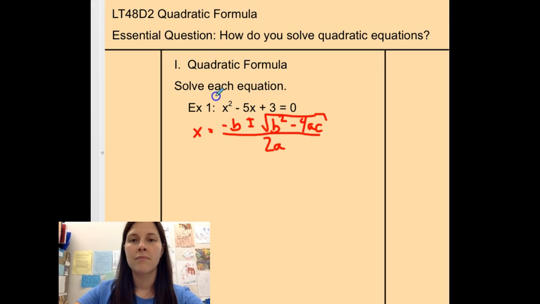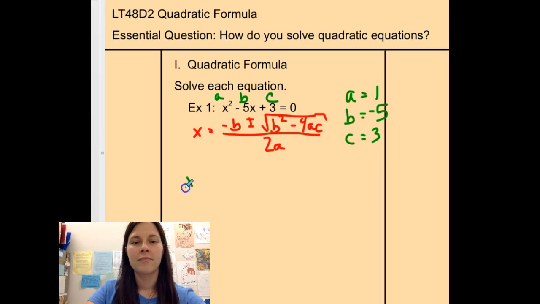Remember, standard form, a is the coefficient of x squared, which in our case is 1. b is the coefficient of x, which in our case is -5. And c is the constant, in our case, 3. Once you identify all of those pieces, you just substitute them into the formula. X equals, notice our b is negative, so the opposite of -5 is +5,